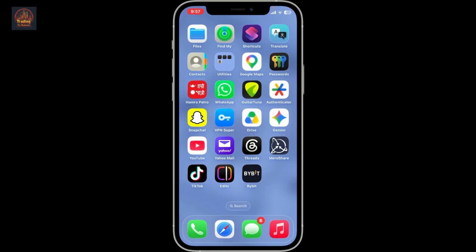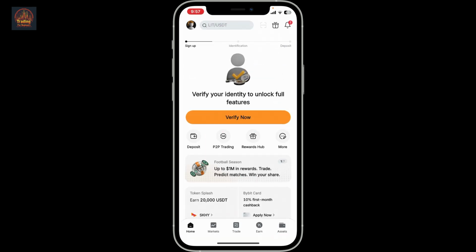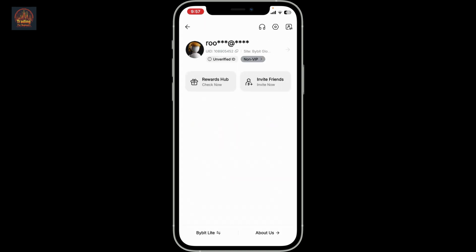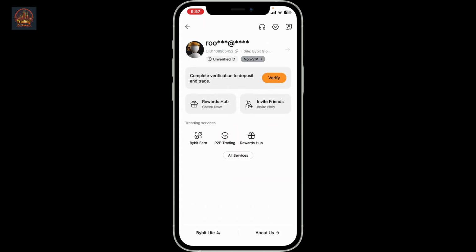If you want to change your name in the Bybit application, then first of all, open the Bybit app on your smartphone and make sure you're logged into your account. After you're signed in, go to the upper left corner and tap on the profile icon from the home screen. Now you'll end up in this page where you'll need to tap the gear icon at the top right,